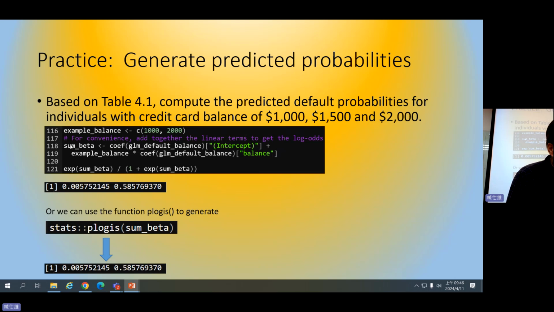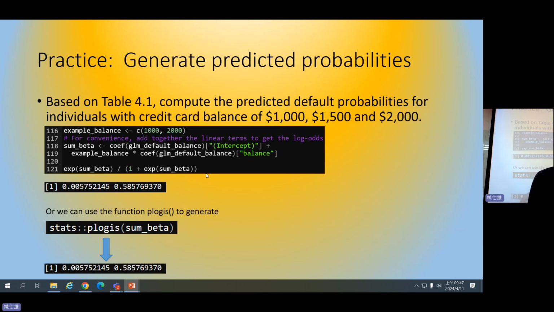Basically, we need to calculate the beta first, and then based on this beta, we can plug it into the equation. Here we take the exponential of the sum of the beta divided by 1 plus the exponential of the sum of the beta.